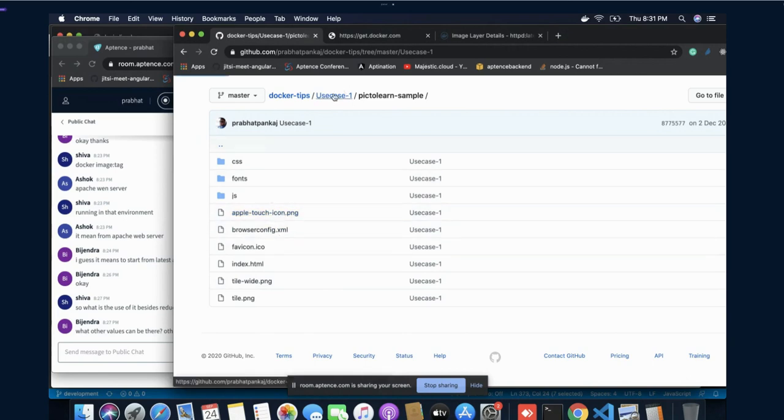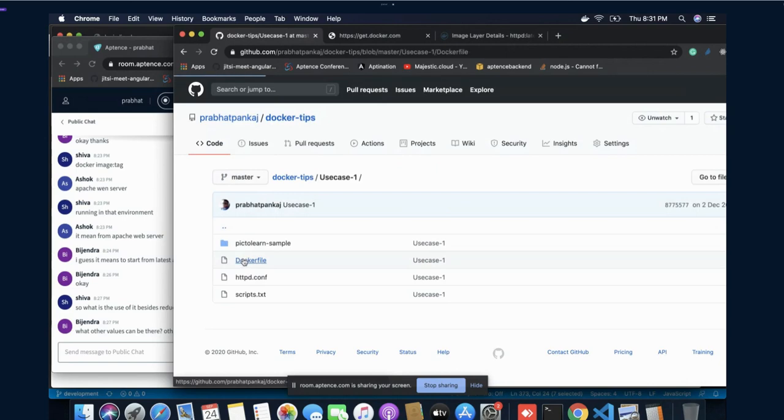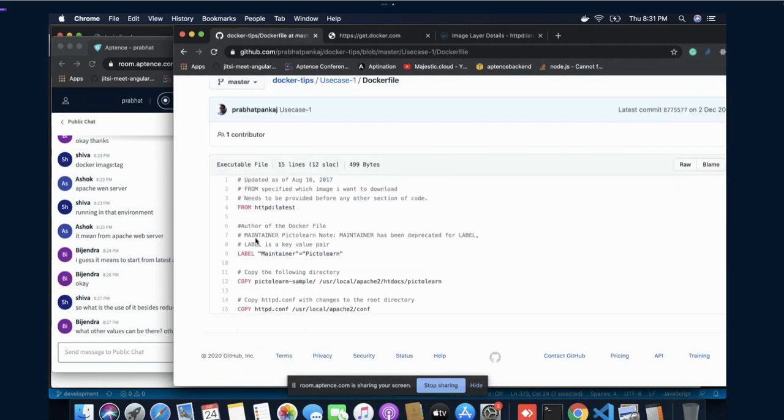So this is what we have done here in the Docker file. We simply added the HTTPD reference location. After that, we provided the maintainer. After that, we added our code into this location, and at the end, we also added the HTTPD configuration file here. So by using this, technically we are able to create our Docker image. Once a Docker image is created, we can run it anywhere. So let's perform this activity one by one.